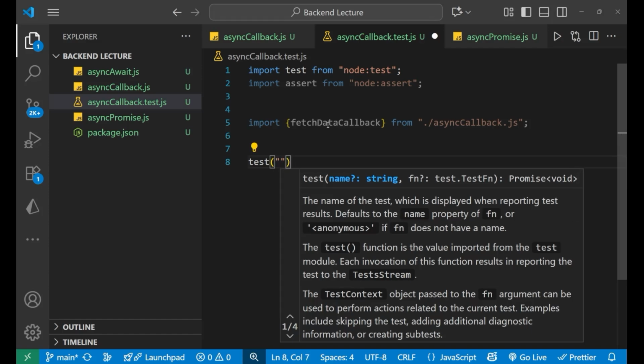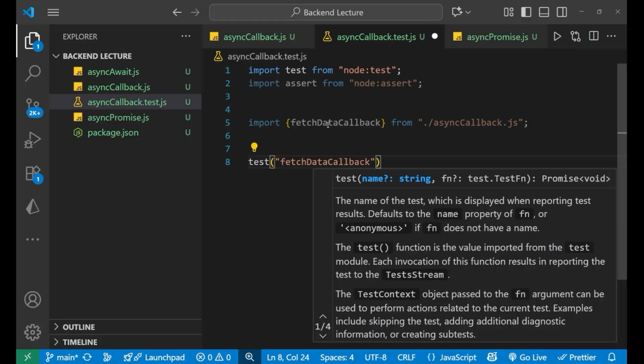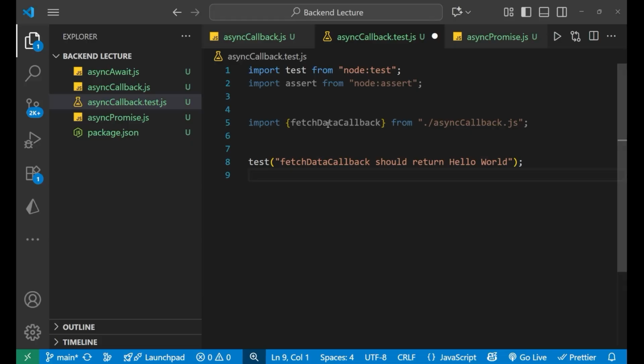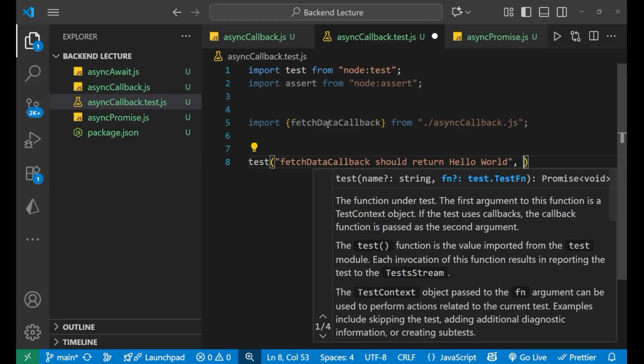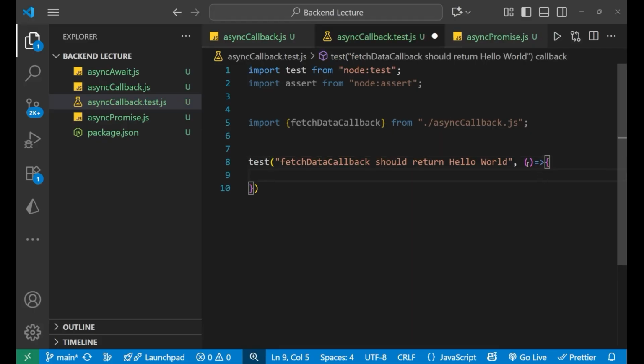Let me just write the name again: fetch data callback should return hello world, like this. So after writing this, we need to just put a comma here and create an arrow function like this,